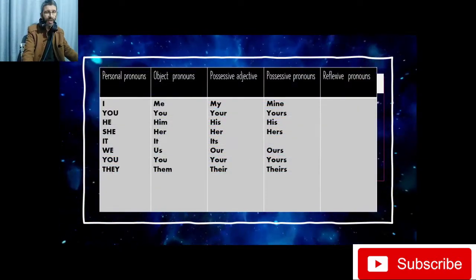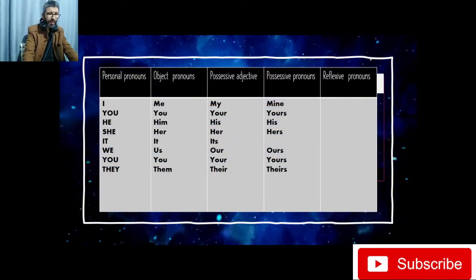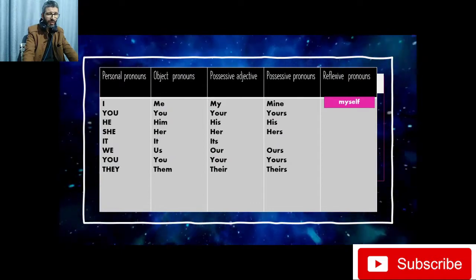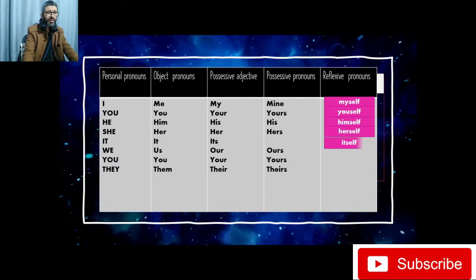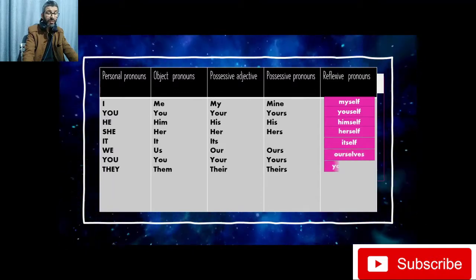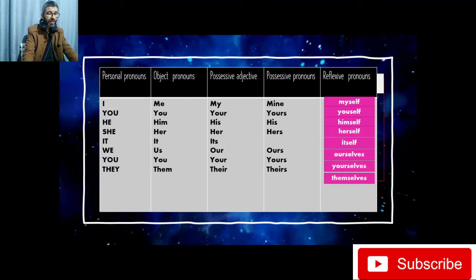Now let's go back and complete the table with reflexive pronouns. Here we have myself, yourself, himself, herself, itself, ourselves, yourselves, themselves. Now,